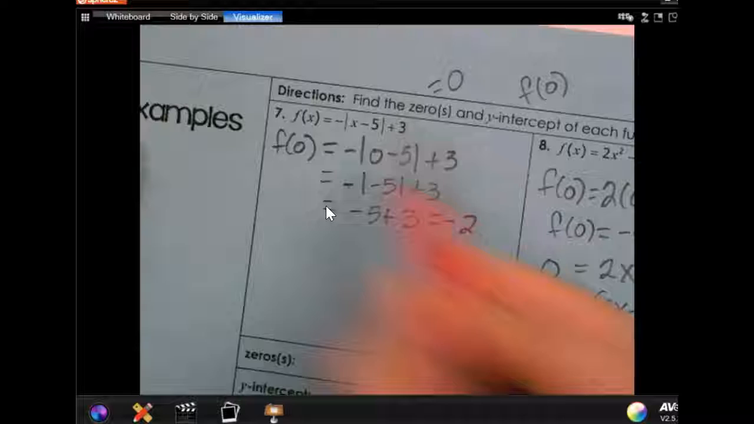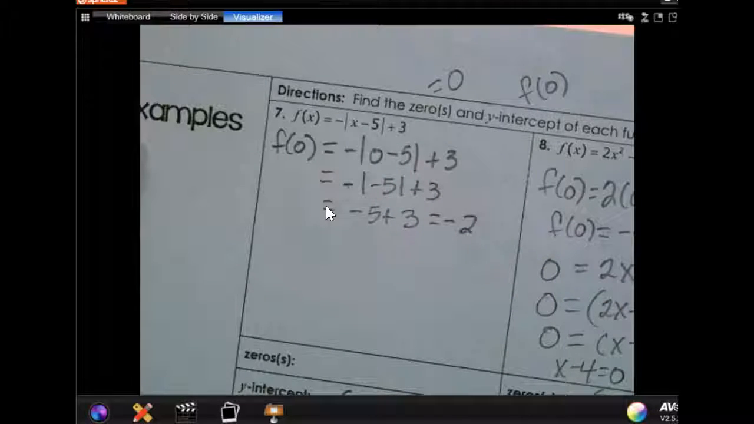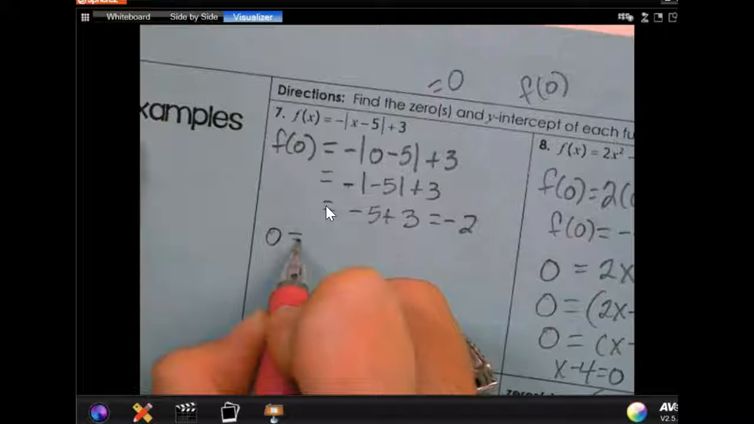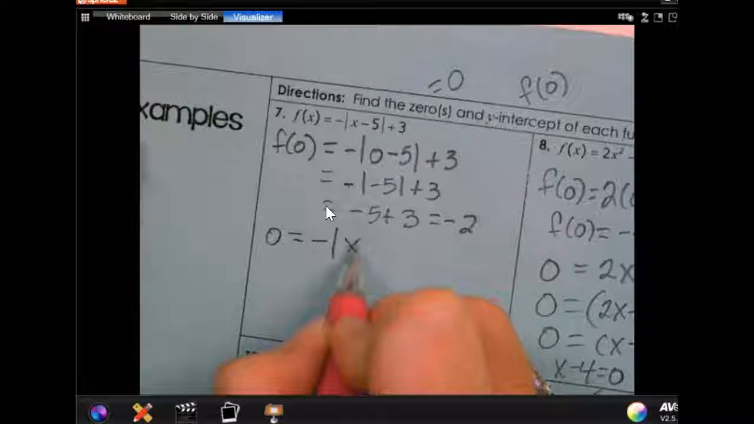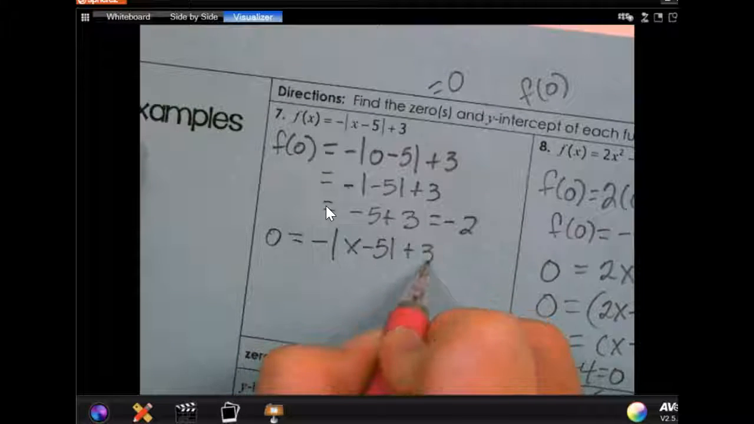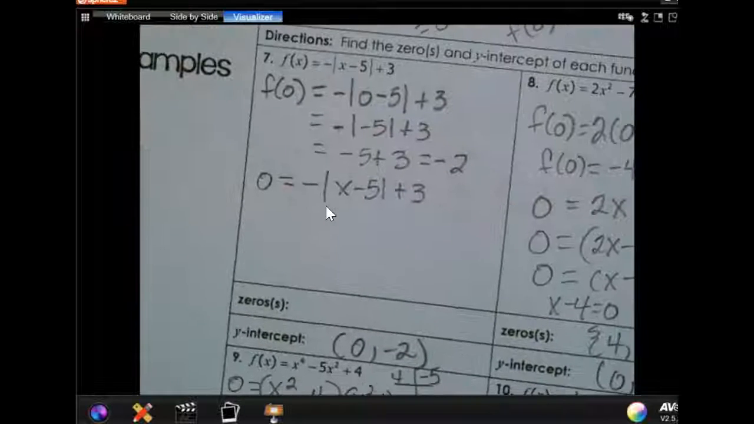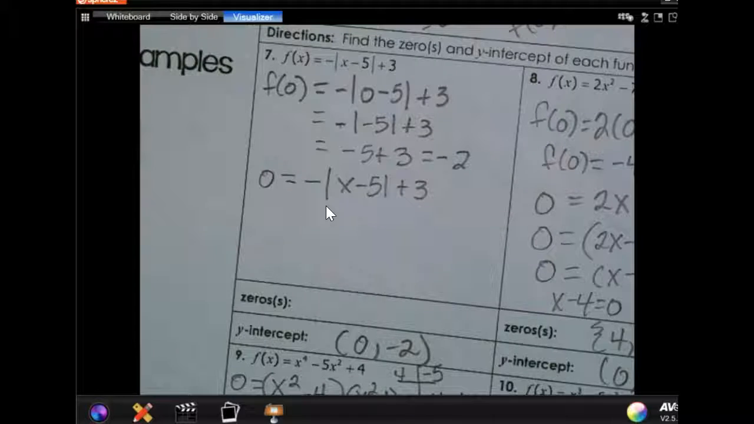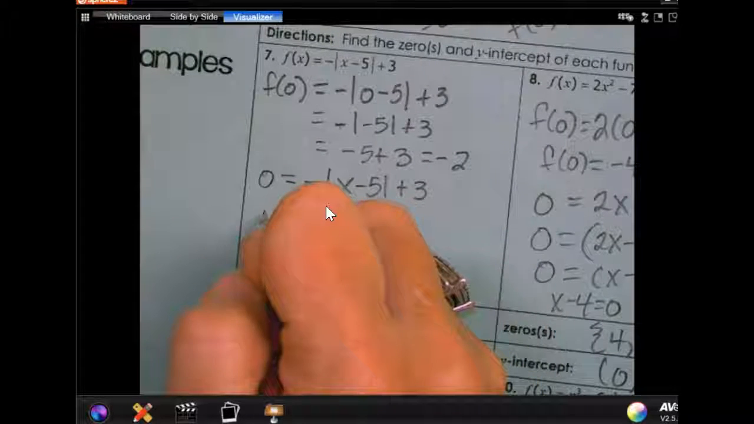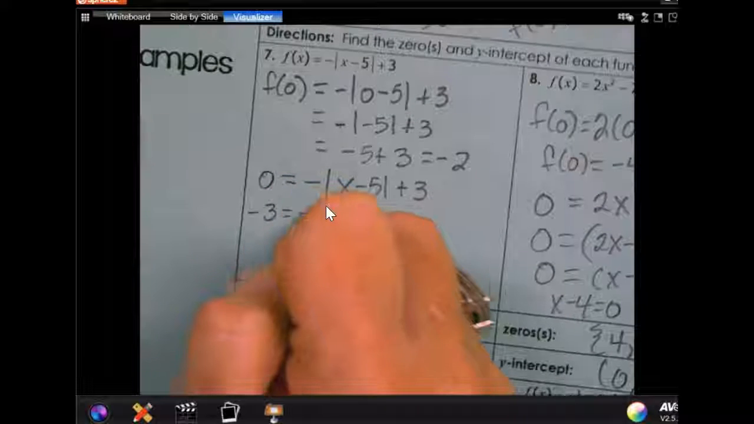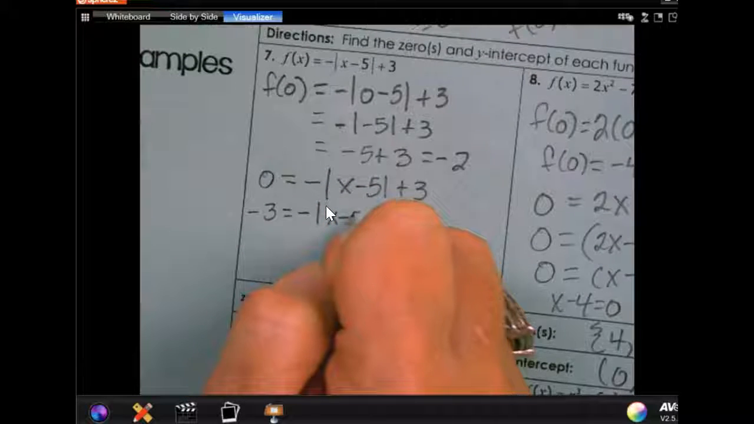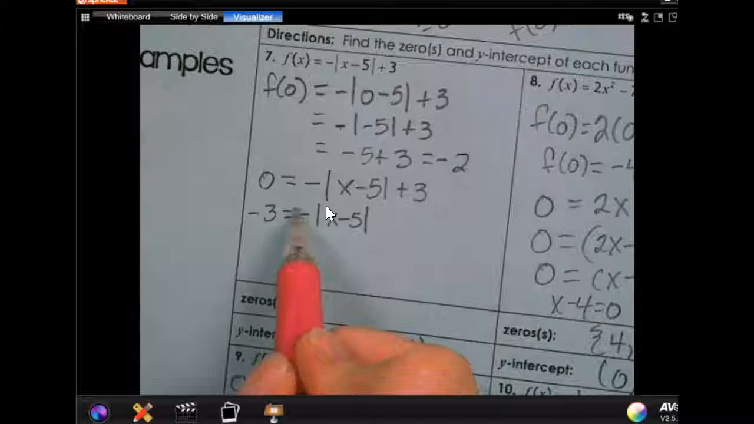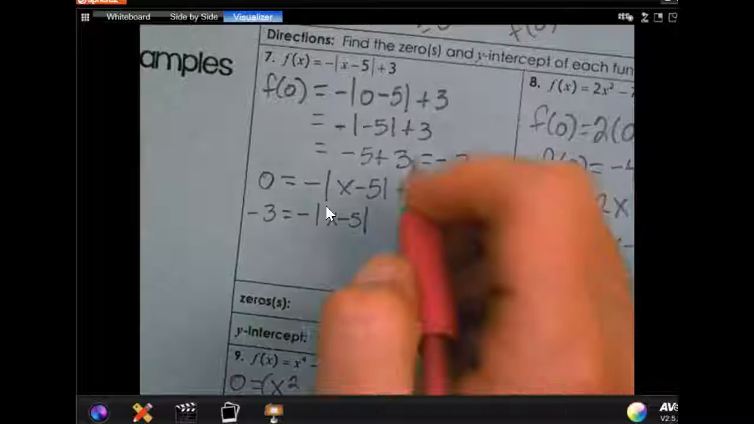So for the absolute value to find the zeros, I have to set it equal to 0, just like we did before. And to solve that, before you can do anything, you have to get the absolute value by itself. So if I subtract the 3, I have the negative here in front. So when I divide,